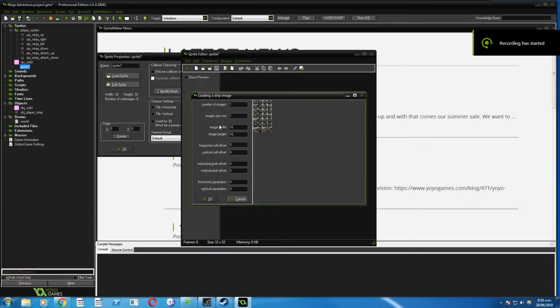Alright guys, so let's add in our attack frames. What we're going to do here is import those attack frames. I've already imported two, the ninja attack up and ninja attack down. I want to import ninja attack right and left. It's actually the fifth one along down. And so I can go one, because that's all the number of images that I want, one image per row,